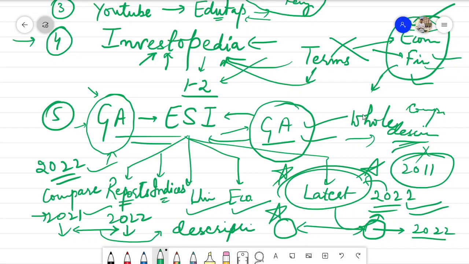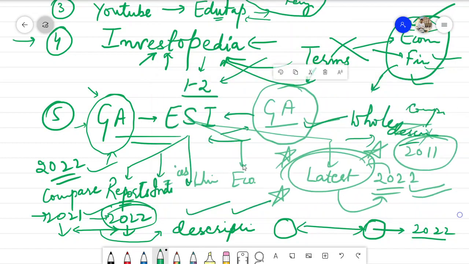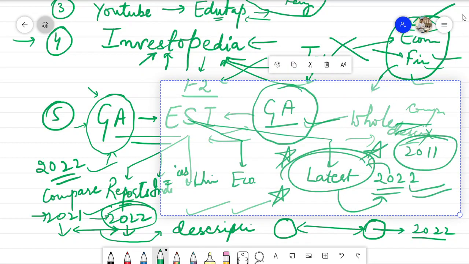the 2021 economic survey and budget as well as the next year's. The next year's budget and economic survey will be very, very important for you guys, I know that. But for your descriptive answer writing, I am recommending you to study the 2021 ones as well, the whole document of it, not the summary. I'm repeating it again. So that is the whole strategy, and the last but not the least section that you need to cover